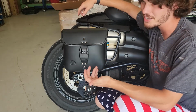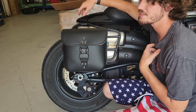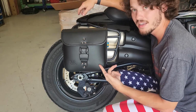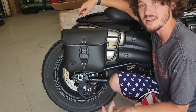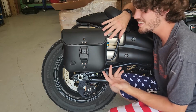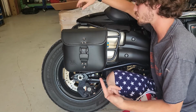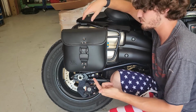So this already happened once. I was wearing my jacket, my riding jacket, of course, and I wanted to put it in my bag. I felt that it was probably going to be a bad idea just because of how much bigger it looked and probably wouldn't fit in here, but I did shove it in there at the cost of the zip ties that were holding this bag on. So I did have to